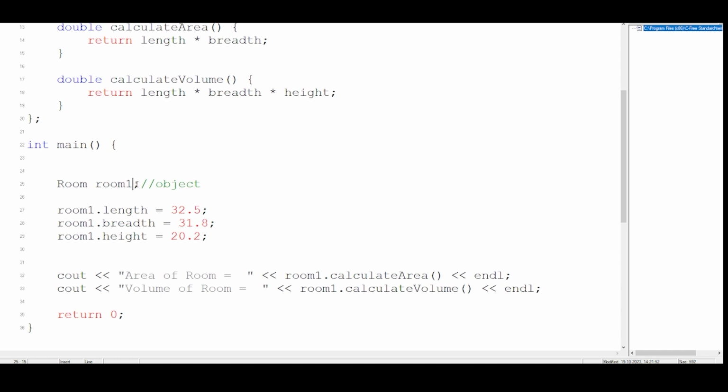Now, if we want, we can also put private members in this class itself. Just one thing you have to remember: when things are private, they are only accessible within the class. Outside, nobody can access them. Other than that, things are the same. You can create objects and access the members. So that is about class and object.